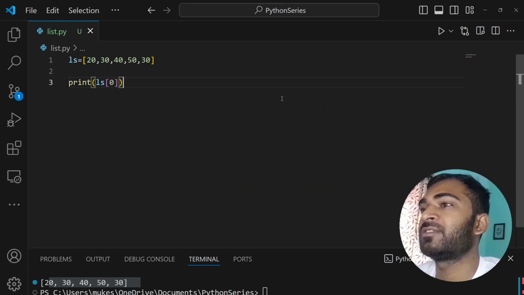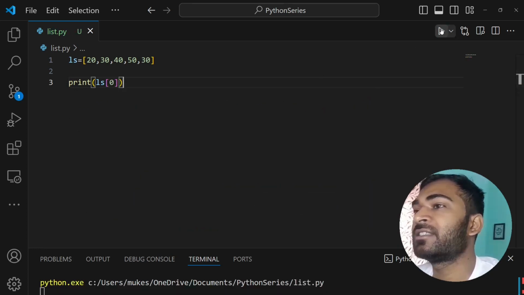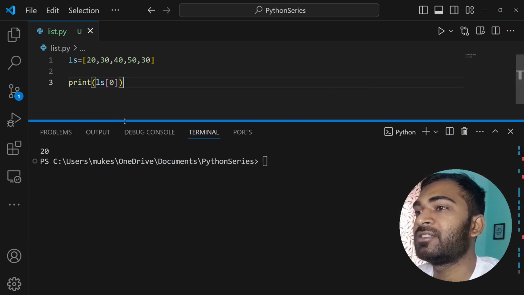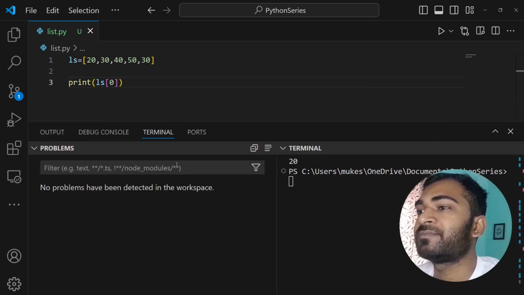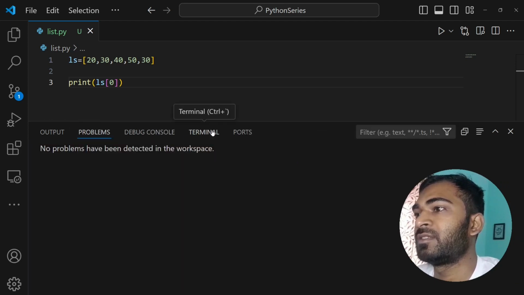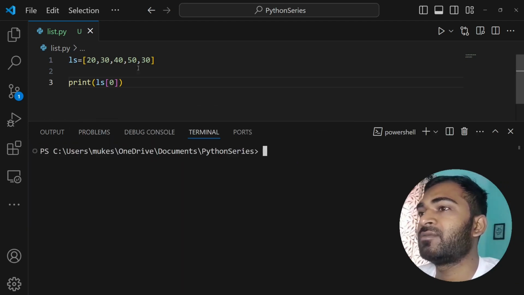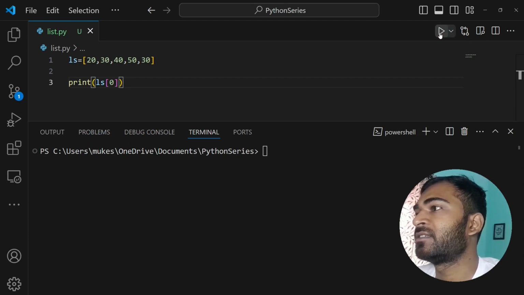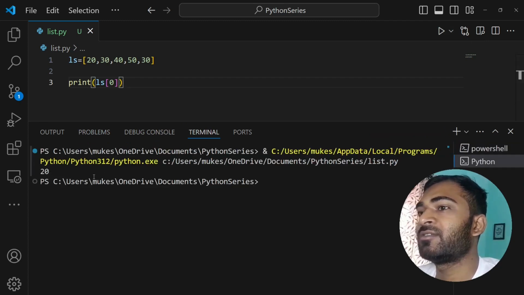What will happen if I print 0? You're going to get 20, because 20 is the first element.